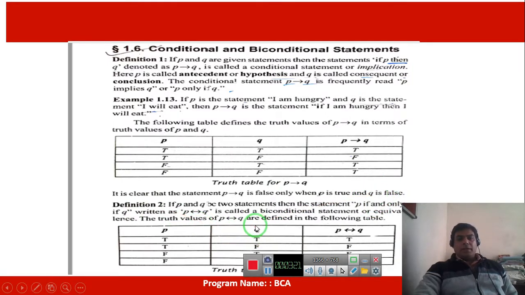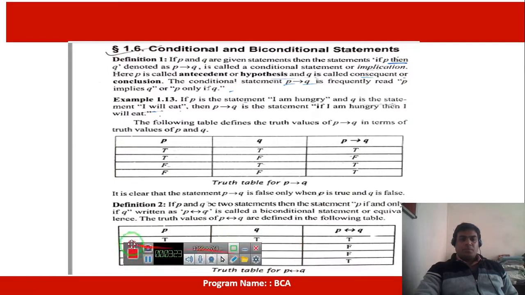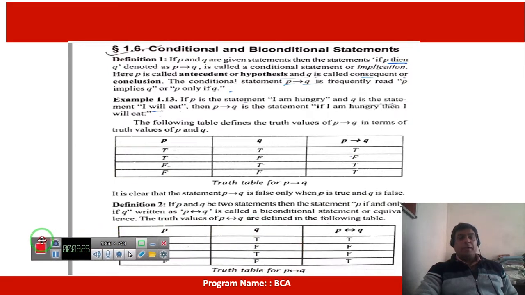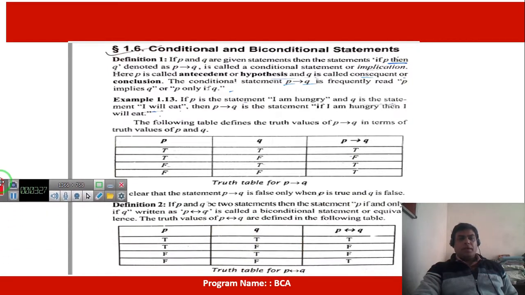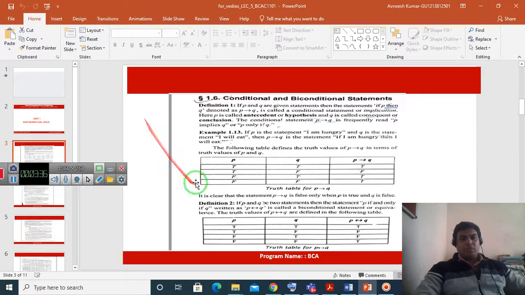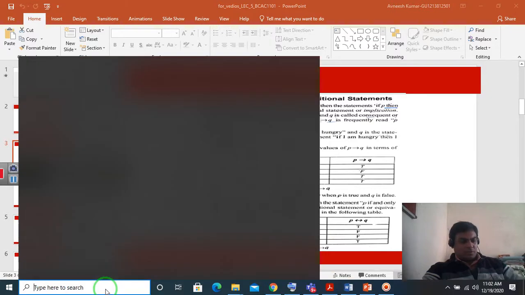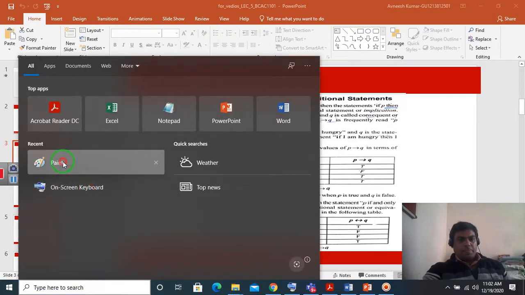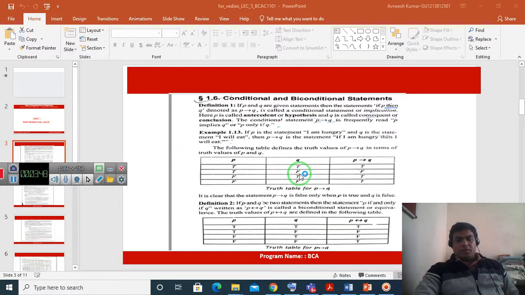There is another statement, P biconditional Q. For the biconditional, I will explain with the help of paint, as we have discussed in the class.